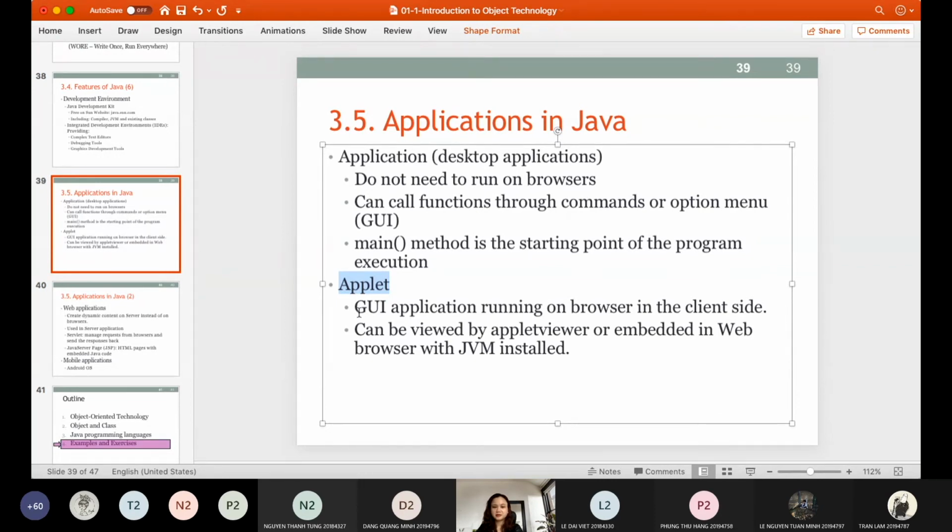It's a GUI application, you know GUI, graphical user interface, running in the browser on the client side. It was well known because about 20 years ago, around 2000, when I was a student,